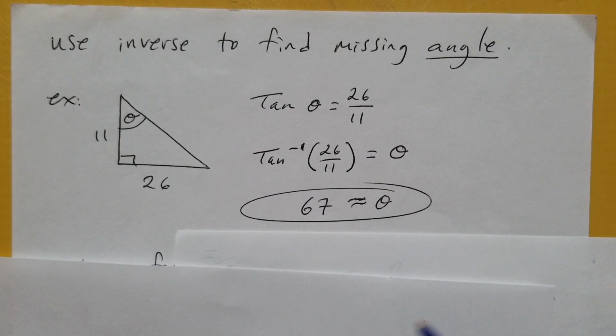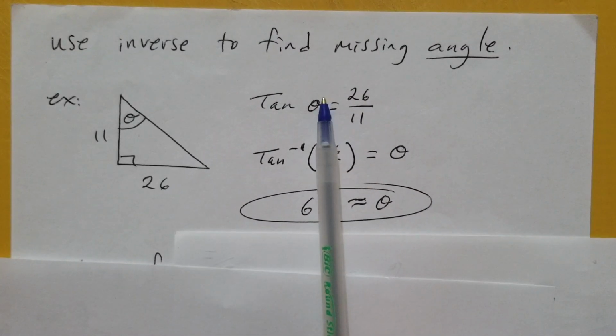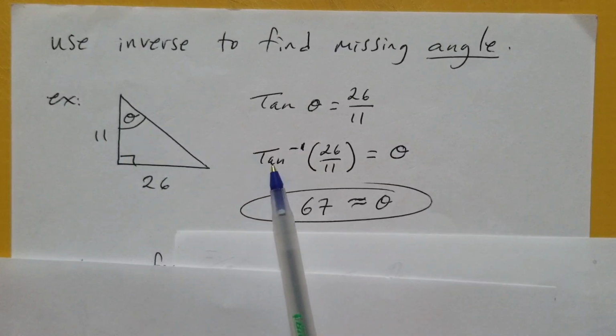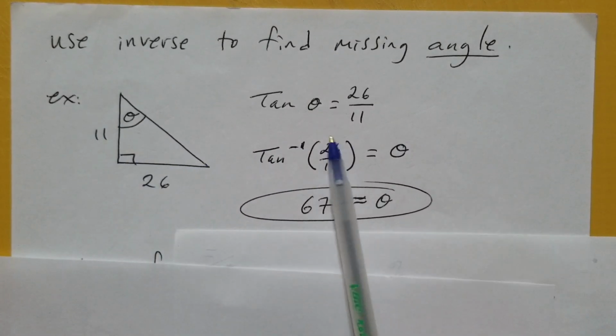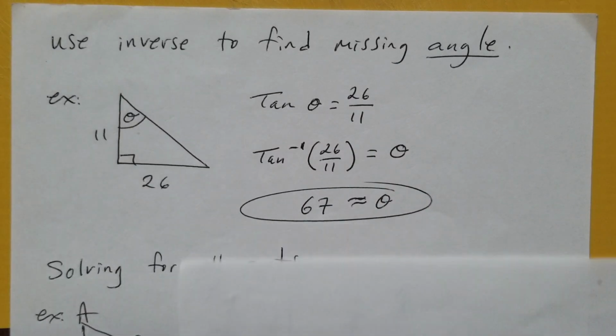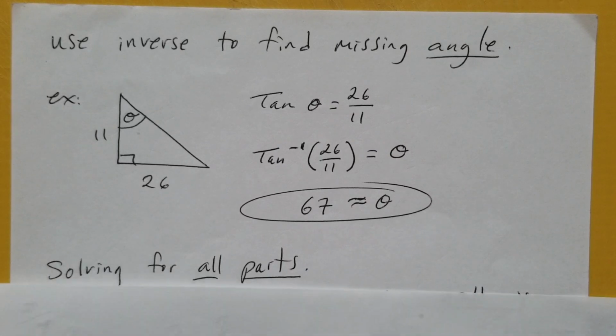So actually, you can skip this step. Since we're looking for the angle, you just got to remember to do inverse of the two sides, put them in the correct order, opposite of adjacent, and hit inverse tangent, and you're done. So now,